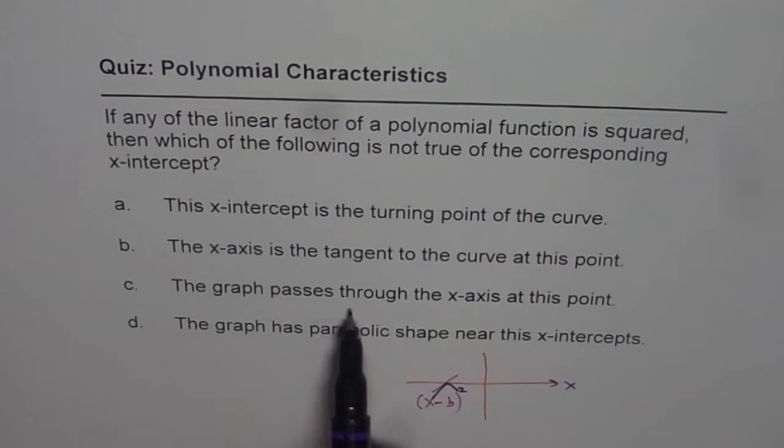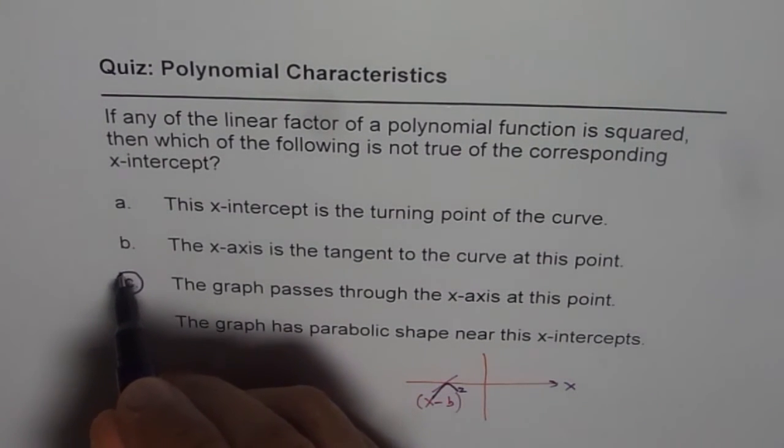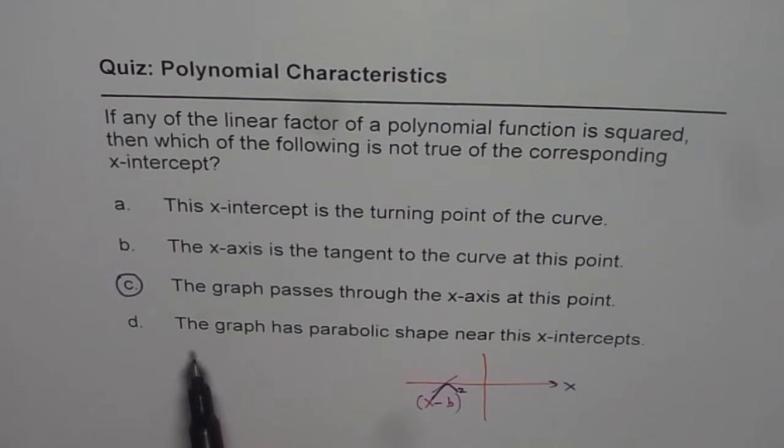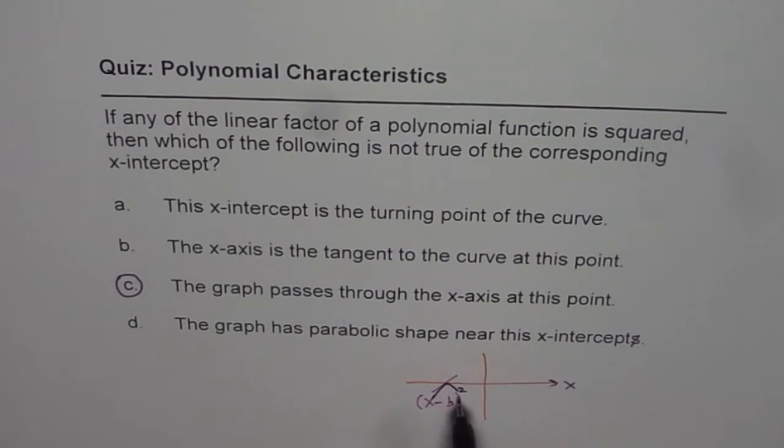The graph passes through x-axis at this point. Well, the graph will not pass through x-axis. It is turning, right? So therefore, this definitely is incorrect. Last statement is, the graph has parabolic shape near this x-intercept. That is correct. So at this x-intercept, where we changed from linear to square factor, it becomes like a parabola